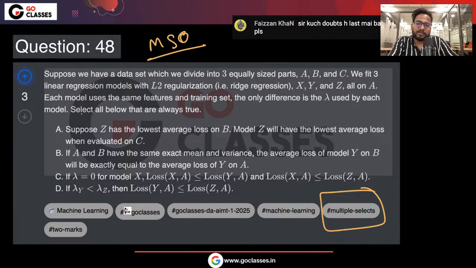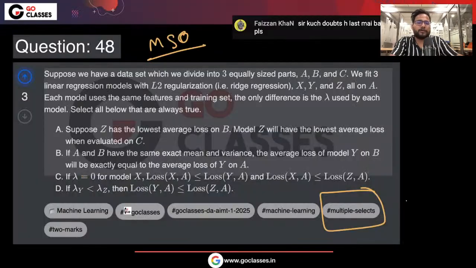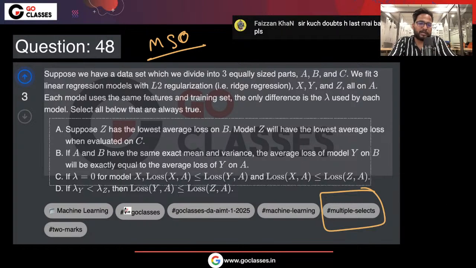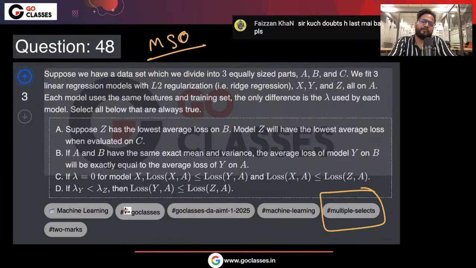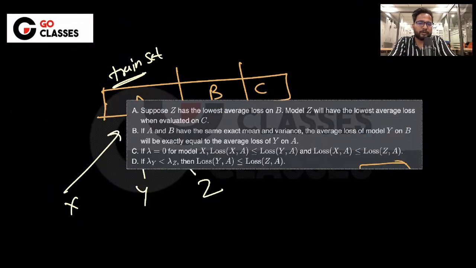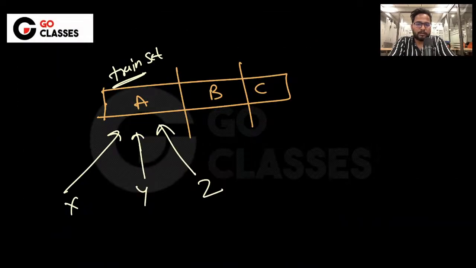Okay, so let's see option number A. Suppose Z has lowest average loss on B. Now they are saying that B and C are being used for some other purpose, and now they are saying that Z is having the lowest average. You don't worry about the average, either you take the average or don't take the average, it doesn't matter. But yes, they are saying that Z is having